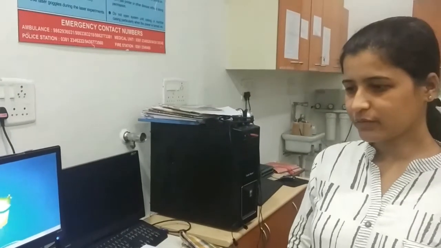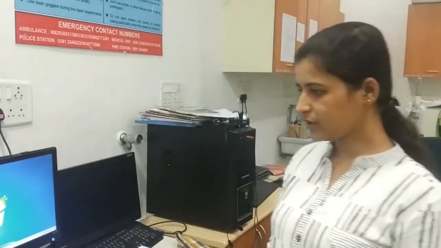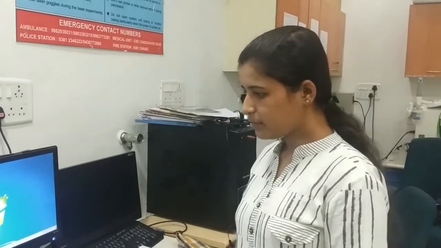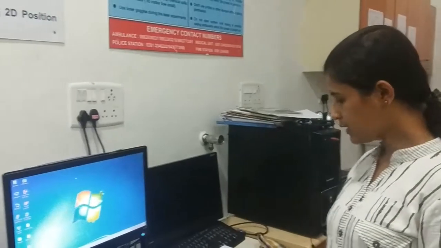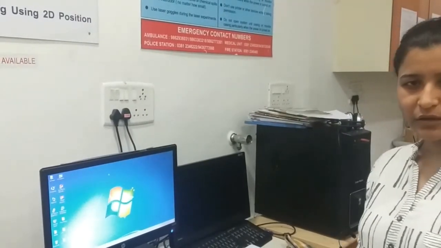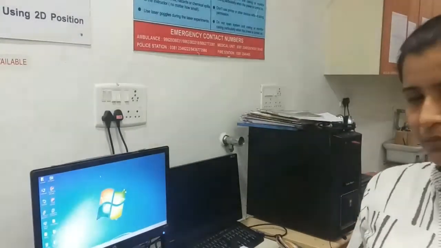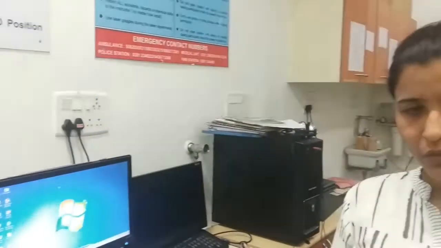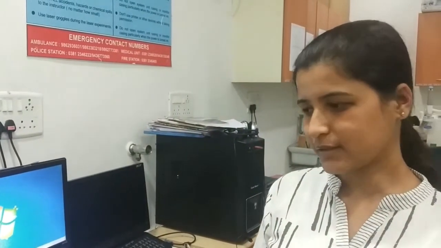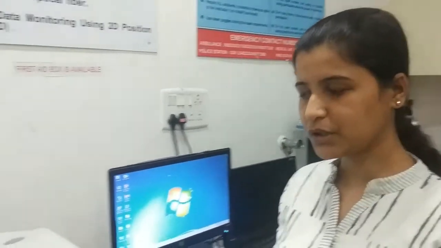In order to perform the experiment, we require two software. One is Perkin-Elmer UV WinLab and another one is DPV, that means data processor and viewer. Here the data processor and viewer is used only to take the graph and result. And in this experiment, we use this solid sample holder.